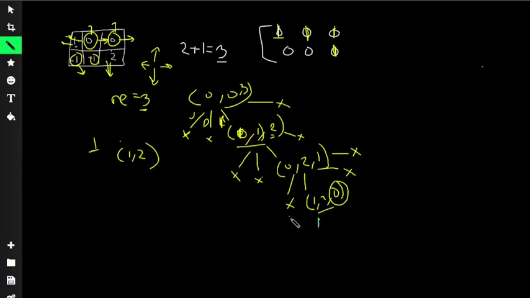Now since this is invalid, it will be 0, this will also be 0, and this will also be 0. Okay, now when we backtrack to this function, we are going to sum all the three. So if we sum 0 plus 1 plus 0 plus 0, it will be 1, right? Again this will be invalid, so it will return 0, this will also return 0.